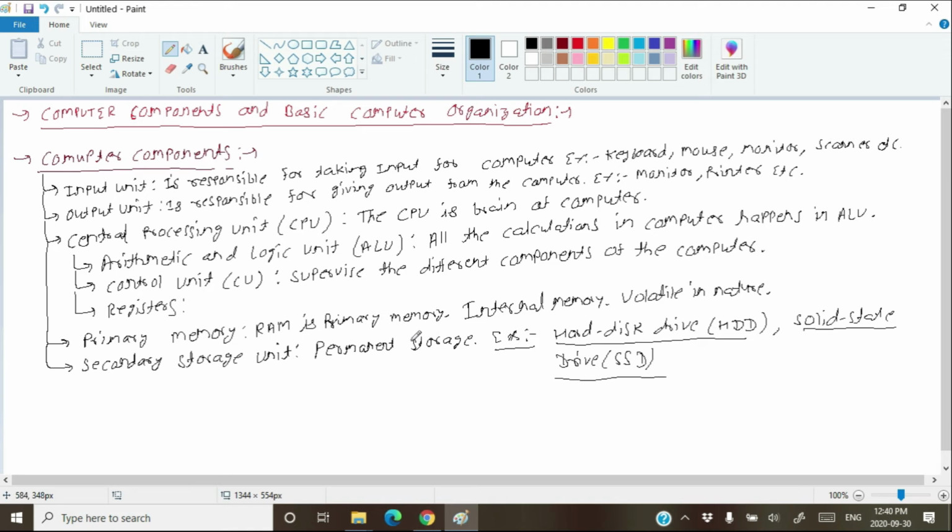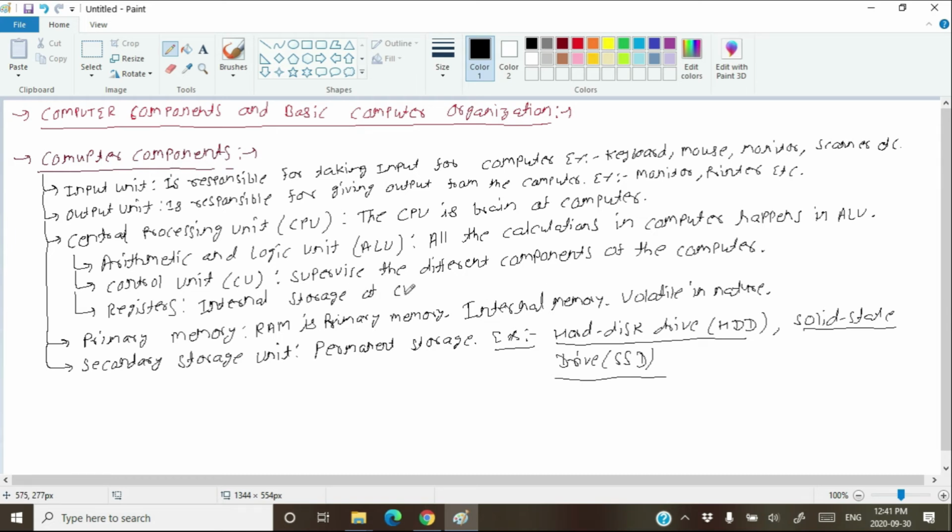Hopefully you got all these things. Oh, we are left with registers. What is a register? A register is a kind of storage in the central processing unit. The data and the program first get loaded from the secondary storage to the primary memory. From the primary memory, these things get loaded into the registers and then the CPU accesses them. This is called the internal storage of CPU.